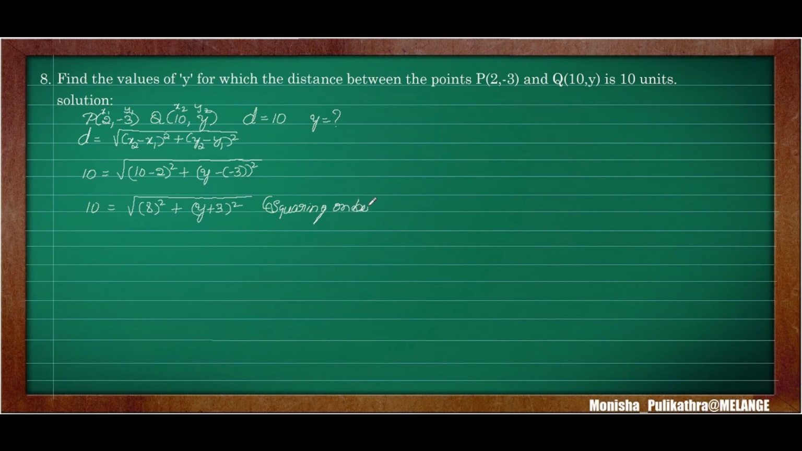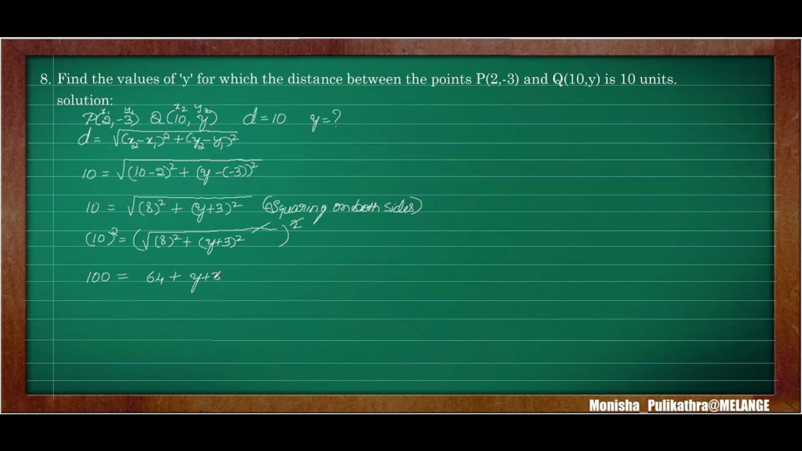So, squaring on both sides, it will become 10 square is equal to square root of 8 square plus y plus 3 whole square. Here also the square and the root cancel each other. So remaining is 10 square, which is 100, is equal to 8 square, which is 64, plus y plus 3